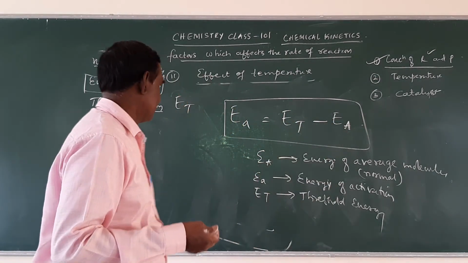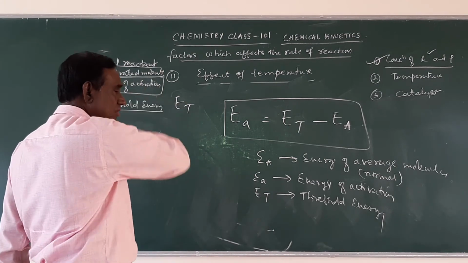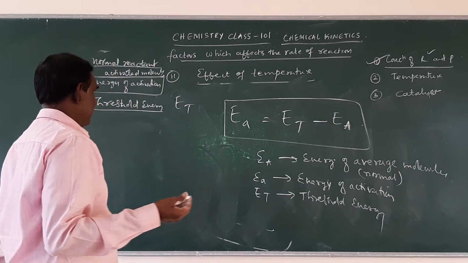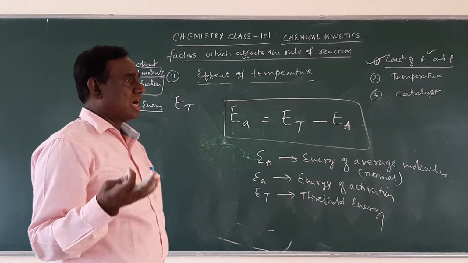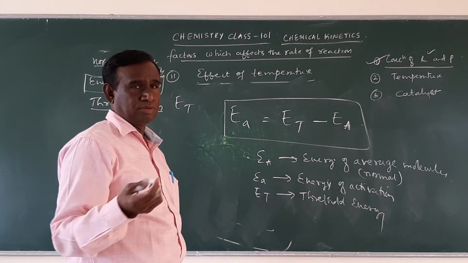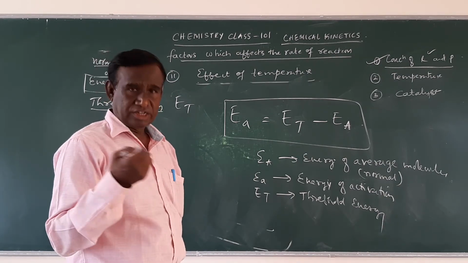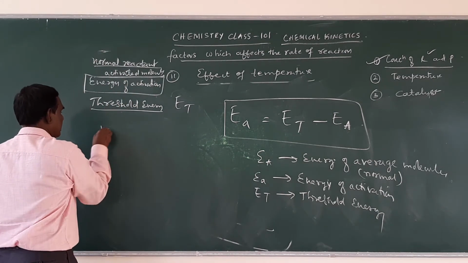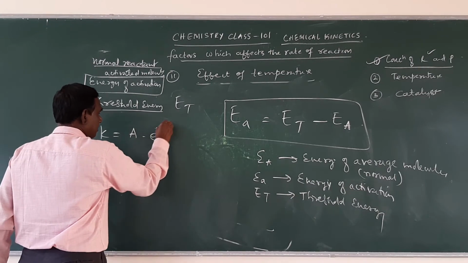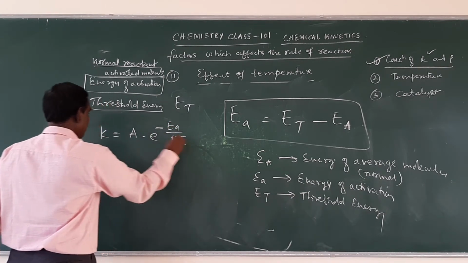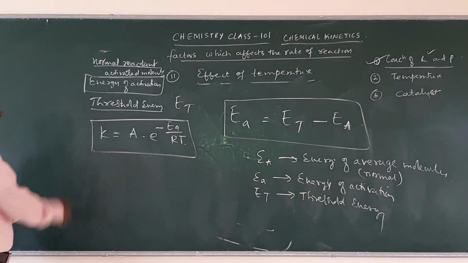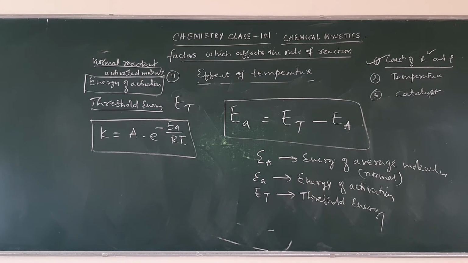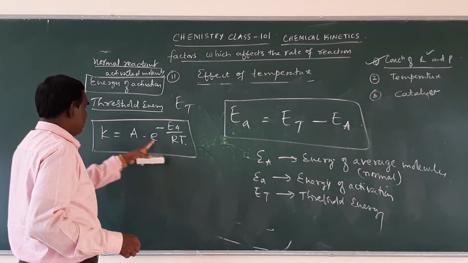That is one equation. And then, Arrhenius proposed one equation to explain the effect of temperature, as well as to give the relationship between energy of activation, rate constant and temperature. That is K is equal to A into e to the power minus EA by RT. The Arrhenius equation is given by K is equal to A into e to the power minus EA by RT,